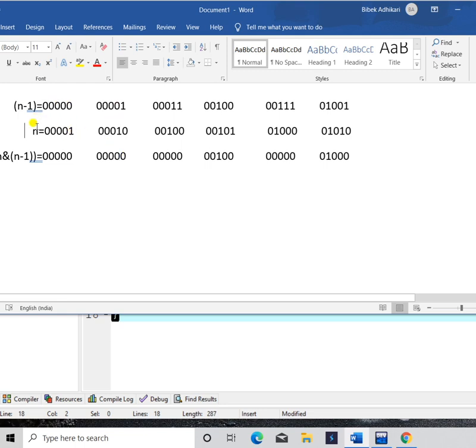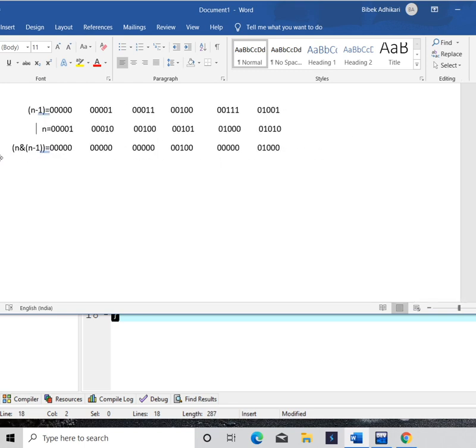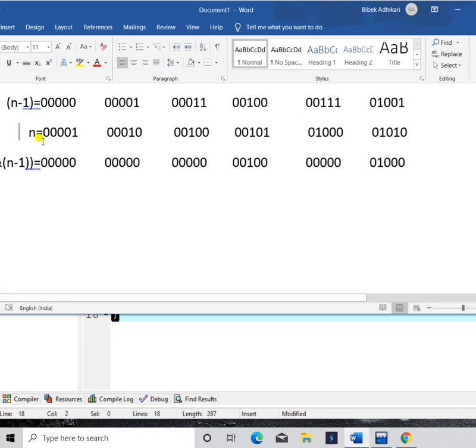Then if we use the bitwise AND operator between n and n minus 1, it will give us the result 0, all bits 0. So we get the result 0. So n is a power of 2.